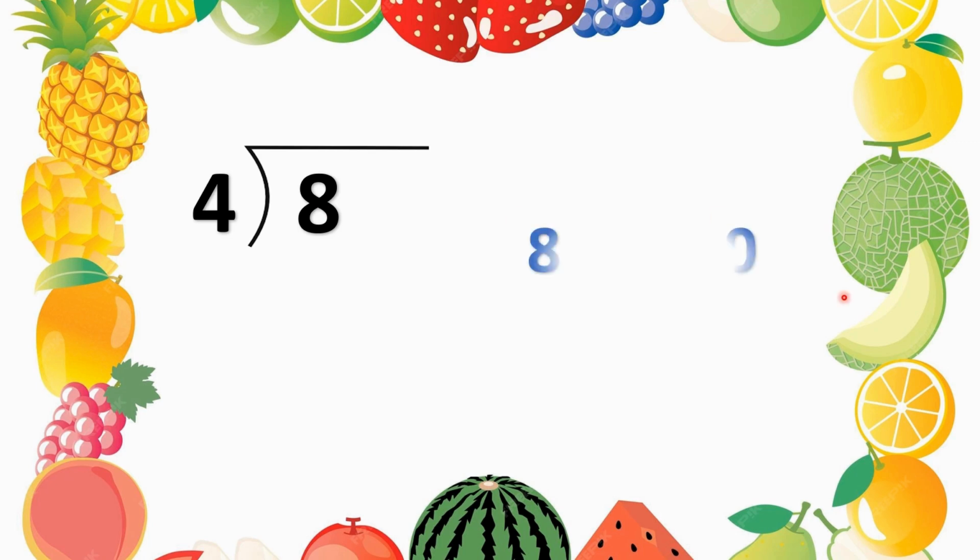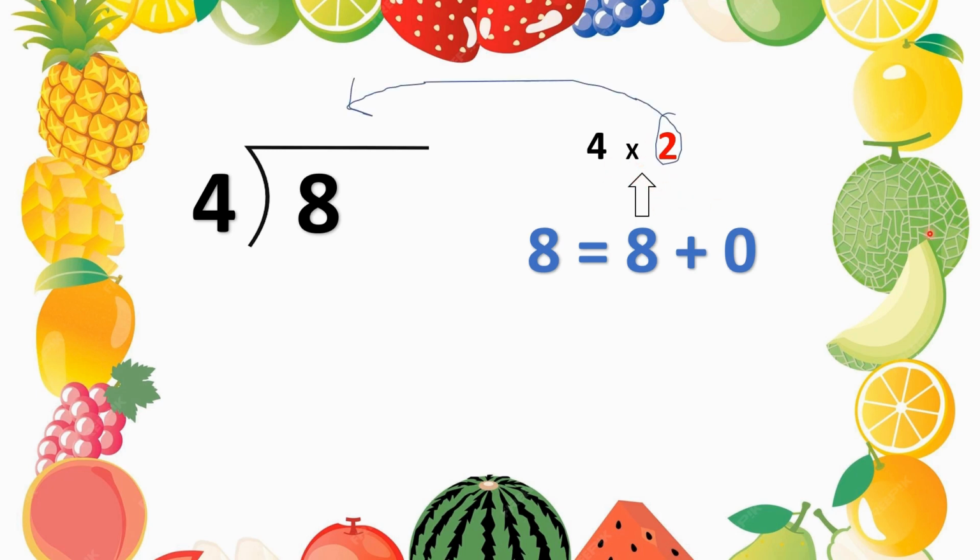I can write 8 as 8 plus 0, right? So can I now write this 8 as 4 plus something or 4 times something? I'll go with the first one: 4 times 2. 4 times 2 is 8, which means the same as 4 plus 4. So now that I have 4 times 2, what do I do? The 2 will go up here. Good. Since 4 times 2 gives me 8,